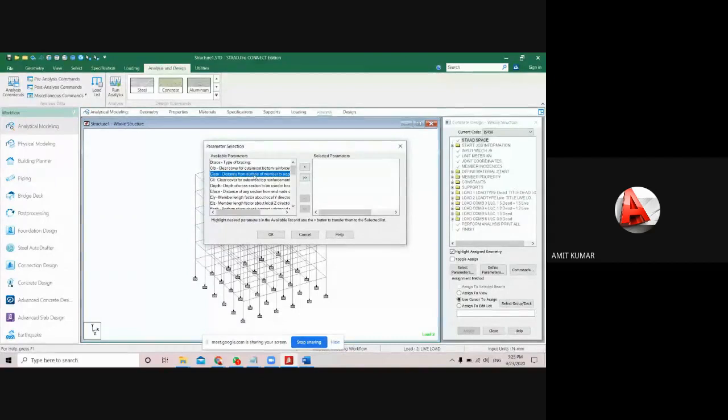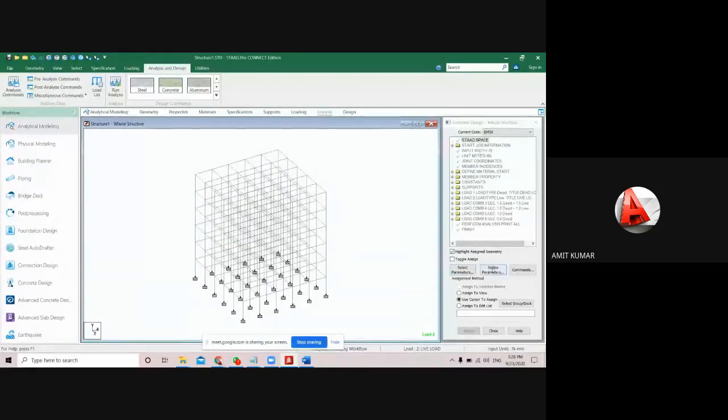Now just use the important parameters on which you want to work. Like I want to work on the clear cover. So just click on the clear cover. Then if you want to work on the FC compressive strength only, just select them. FY main, yield strength, bracing also, that will be the bracing of beam and column, and FY secondary, that means the yield strength of the secondary reinforcement, that will be your shear reinforcement. So that means you have to select a few certain parameters. Now I'm just going to close it.